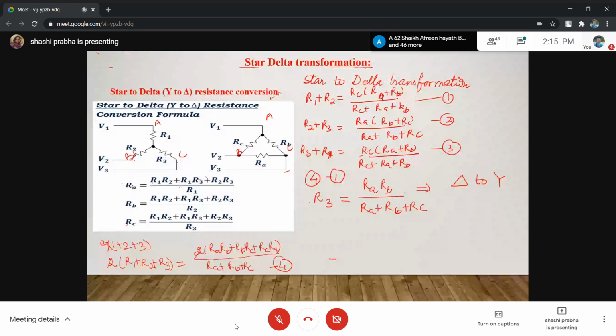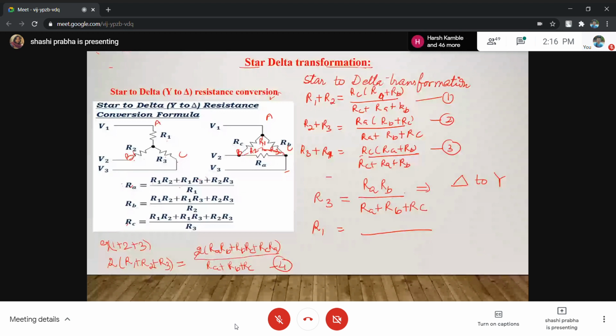Similarly, if you want to remember, if you want to find another way out, tell me what is R1. अभी इसकी एक सिमेट्री देखें. What is R1, R2, R3? ये डेल्टा है ना, और ये जो मैंने अंदर निकाला है ये स्टार है. This is R1, this is R2 and this is R3. You want to find R3. देखो हमें ये निकालना है. Okay, what values are given? We want to find R3.